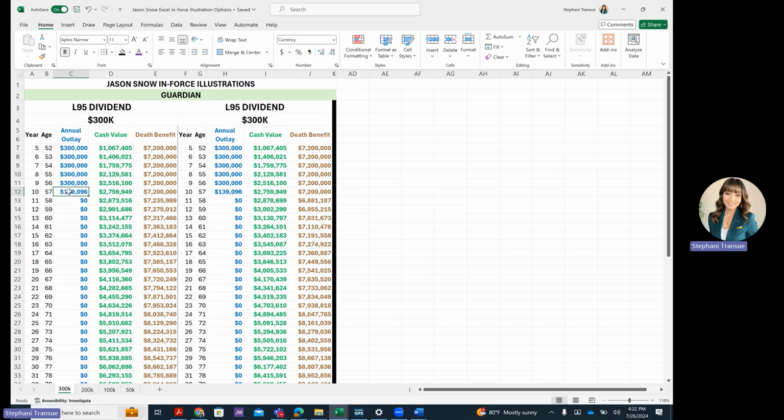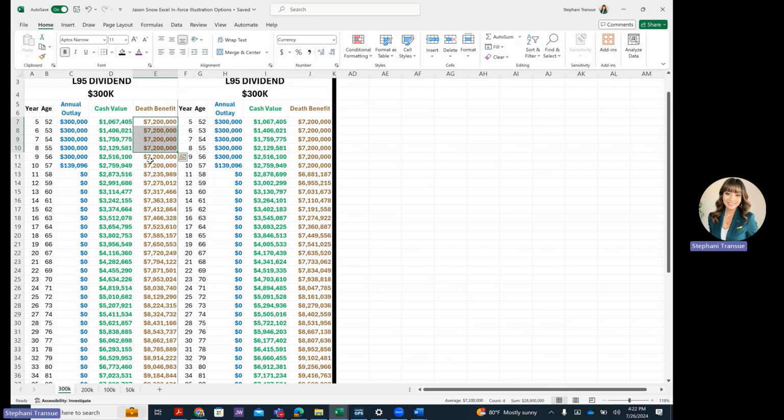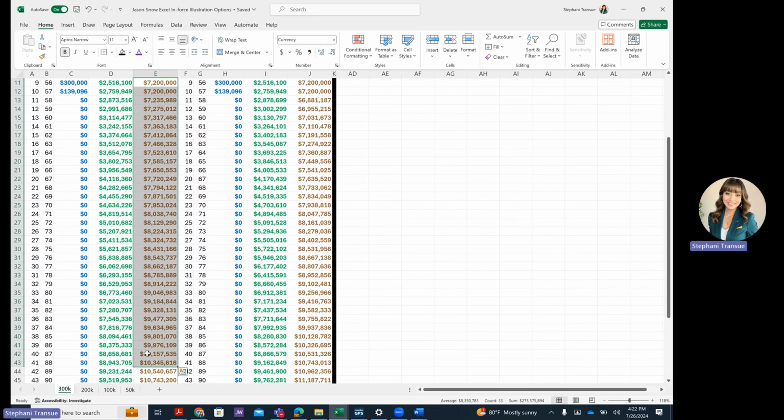So this just helps to accumulate the most cash value in the policy and also increases the death benefit as well. So in this example, we have the 300,000 being paid in. Here we have our cash value and our death benefit. In this particular option, we wanted to make sure that we kept a consistent death benefit throughout. You'll notice that the death benefit continues to climb throughout the years, which becomes quite healthy.